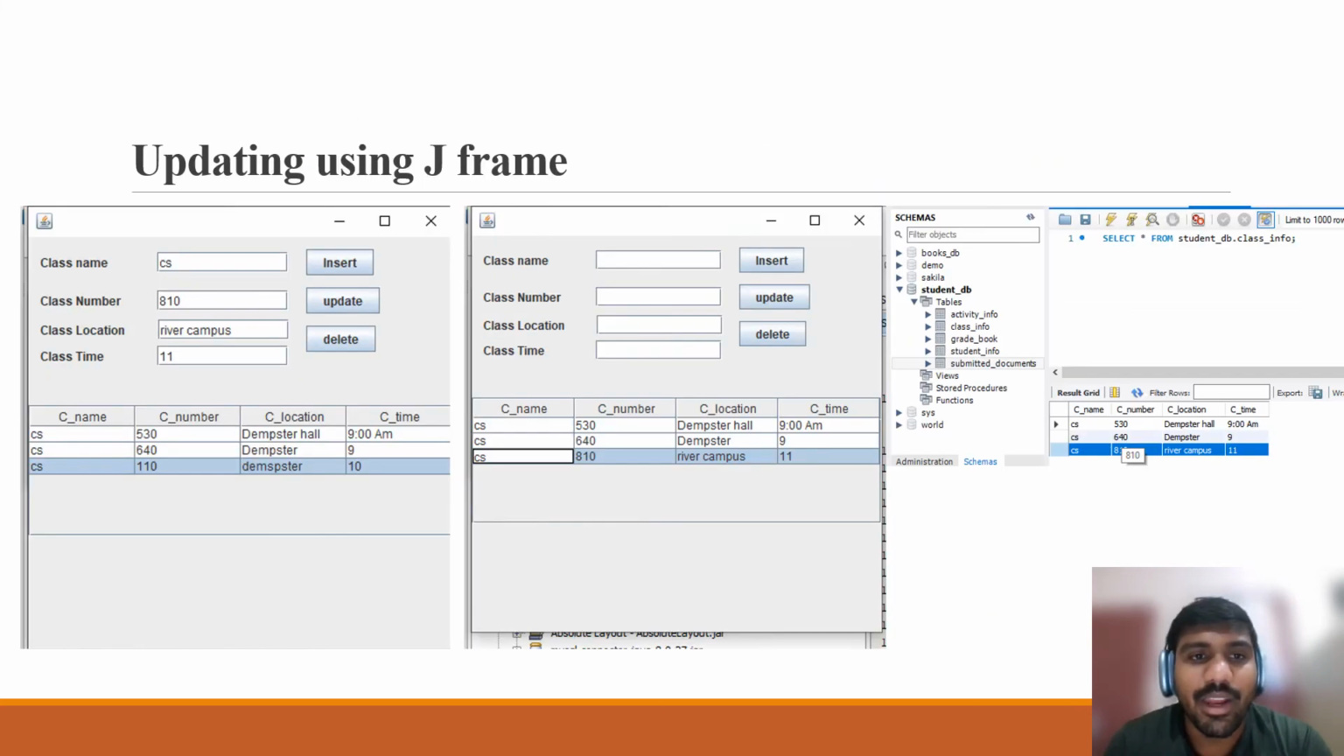In the same way, we can update an already present record in the table. Here, if you can see, I already have a record of CS 110 Leinster class 910. I have updated it to CS 810 River Campus level. So you can see the data gets updated over here after pressing update,